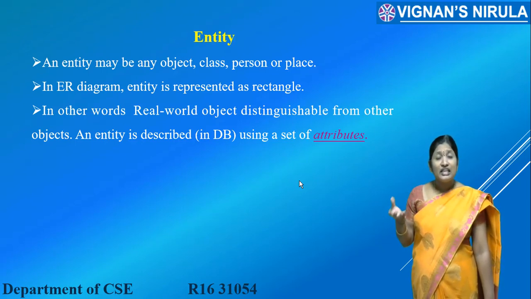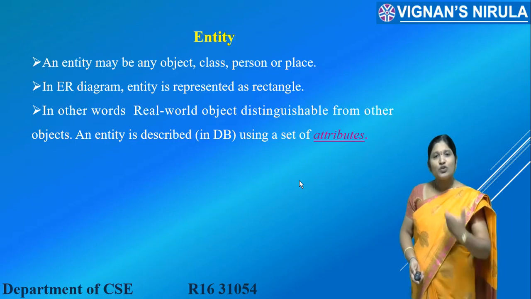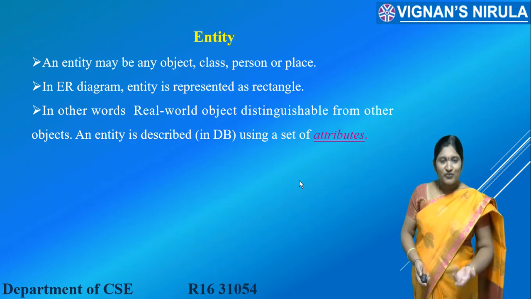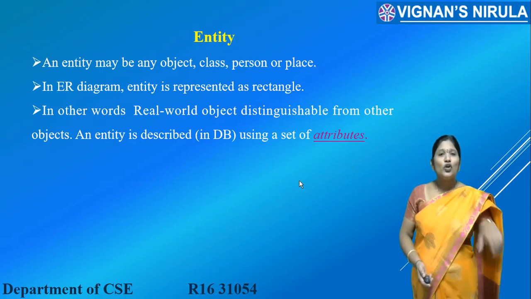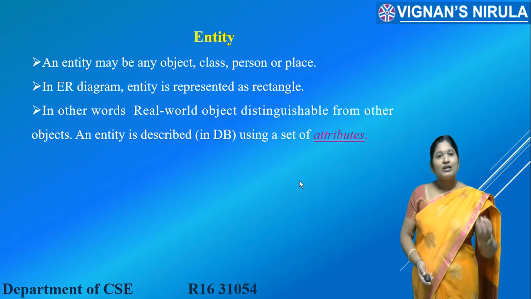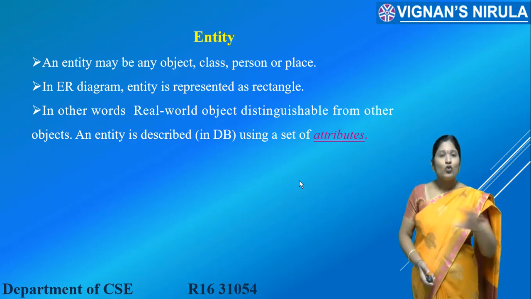Each and every entity has certain particular properties, or a set of attributes, which describe that particular entity. For example, when we are discussing the table, what are the attributes of the table? Length of the table, width of the table, color of the table, all these things can be called attributes of the table. Coming to the fan: what is the manufacturing company of that fan? How many wings are there? What is the speed of that fan? What is the color of that fan? All these things can be called the attributes of that fan.